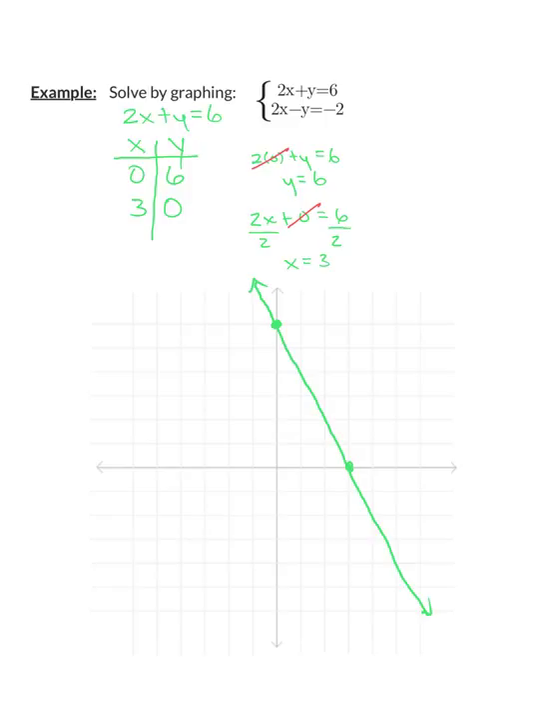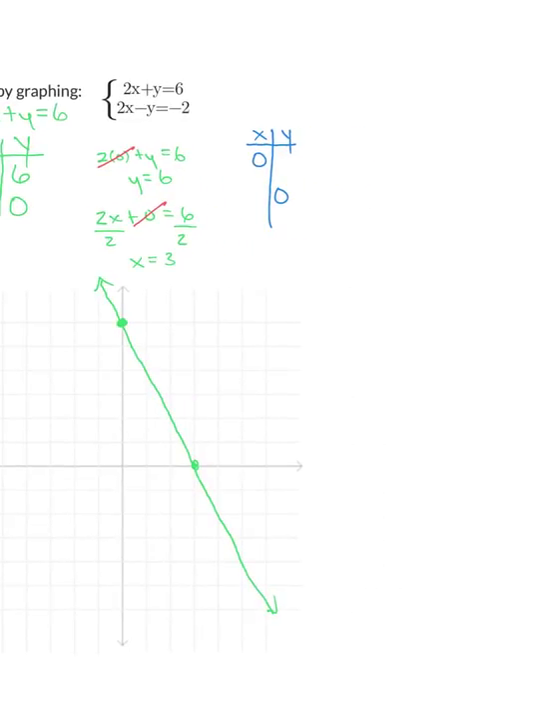So now we want to go through our second line. Our second line, I'm going to do the same thing. I'm going to go ahead and create a table. And again, I'm going to go ahead and use x and y intercepts. So I want to plug in 0 for x and for y. So if we go ahead and do this,